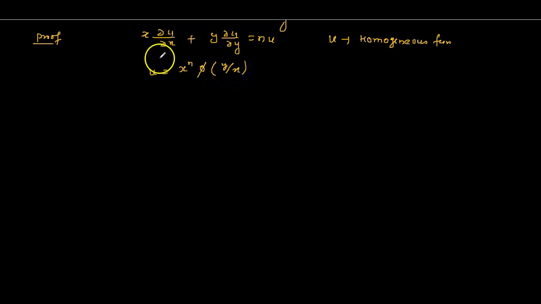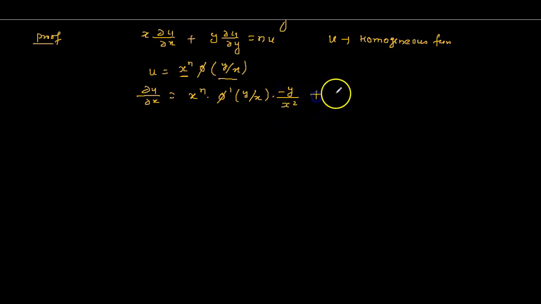If we find del u by del x, we get two functions here, so we need to apply the product rule u into v. So x power n as it is, times phi dash of y by x, and then y by x differentiated with respect to x. Here y is constant, and the differentiation of 1 by x is minus 1 by x square,